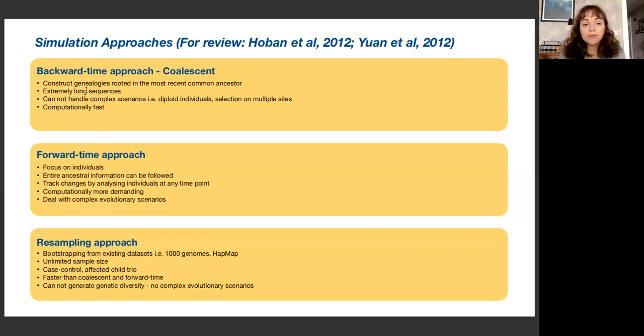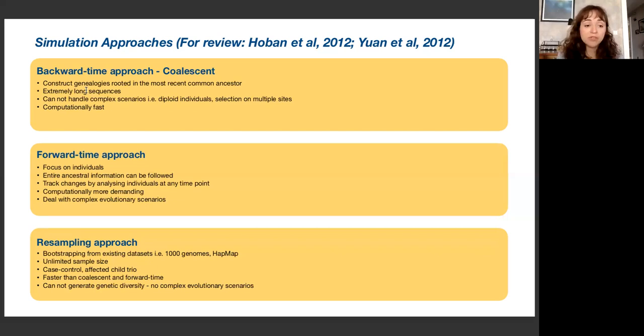But the difficulty about the forward time approach is that it is computationally more demanding. It requires more RAM, and so it is not as fast as the coalescent-based approaches. But the good thing is that you can deal with complex evolutionary scenarios by using forward time simulators. There is also another approach that we don't use that much, but it's also very useful for maybe